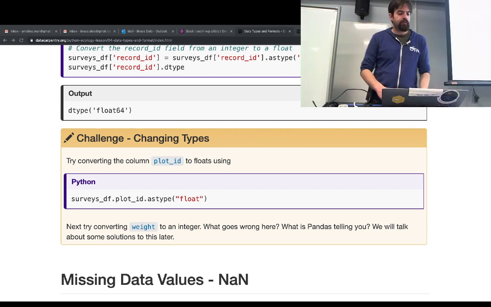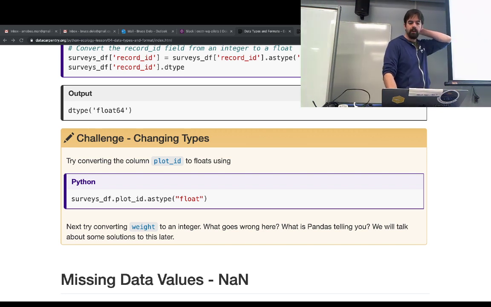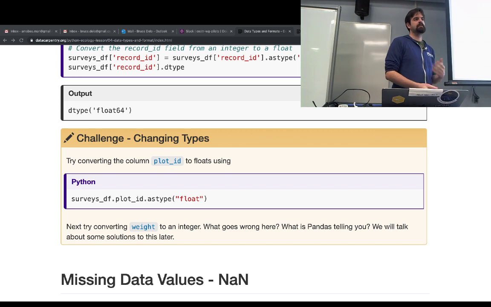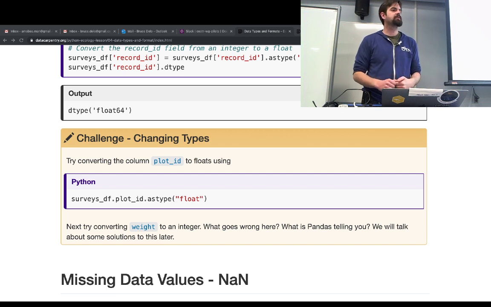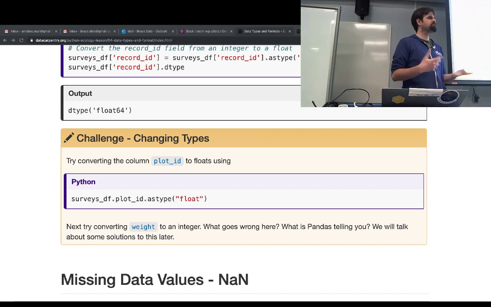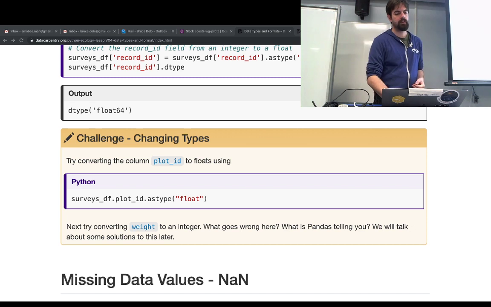Okay, we've all had a few minutes to think that one over. Anybody want to describe their findings, talk about what they discovered, let us in on their big adventure with data, if indeed it was? Thoughts on the error that was returned when you tried to cast weight to an integer? Anybody have any thoughts on what may have gone wrong there? So it won't convert to an integer because there are null values in the weight